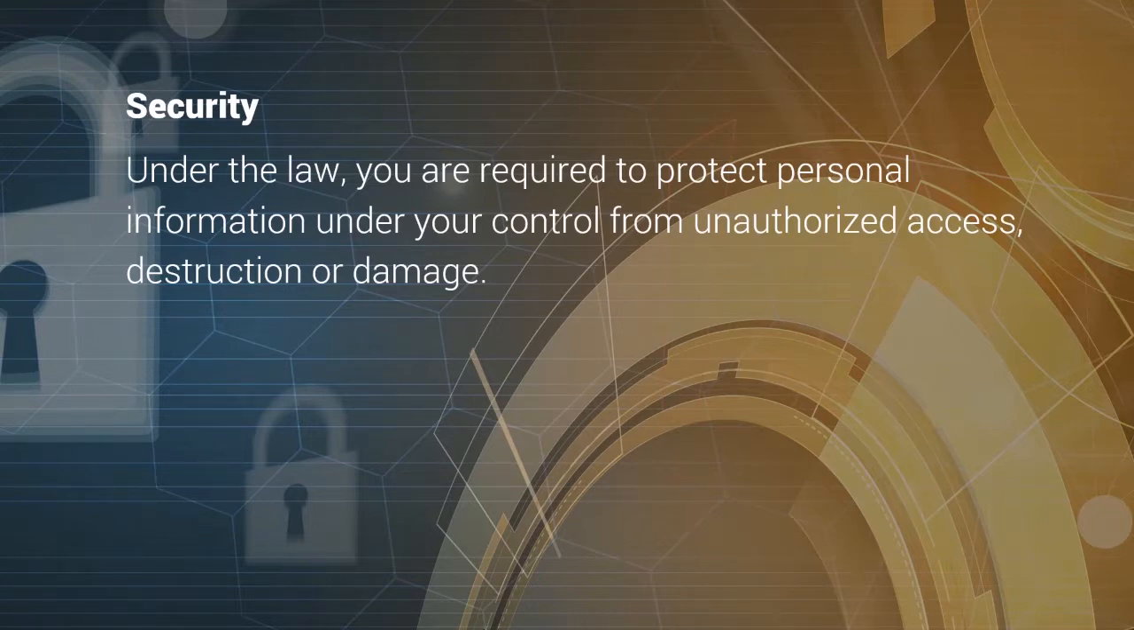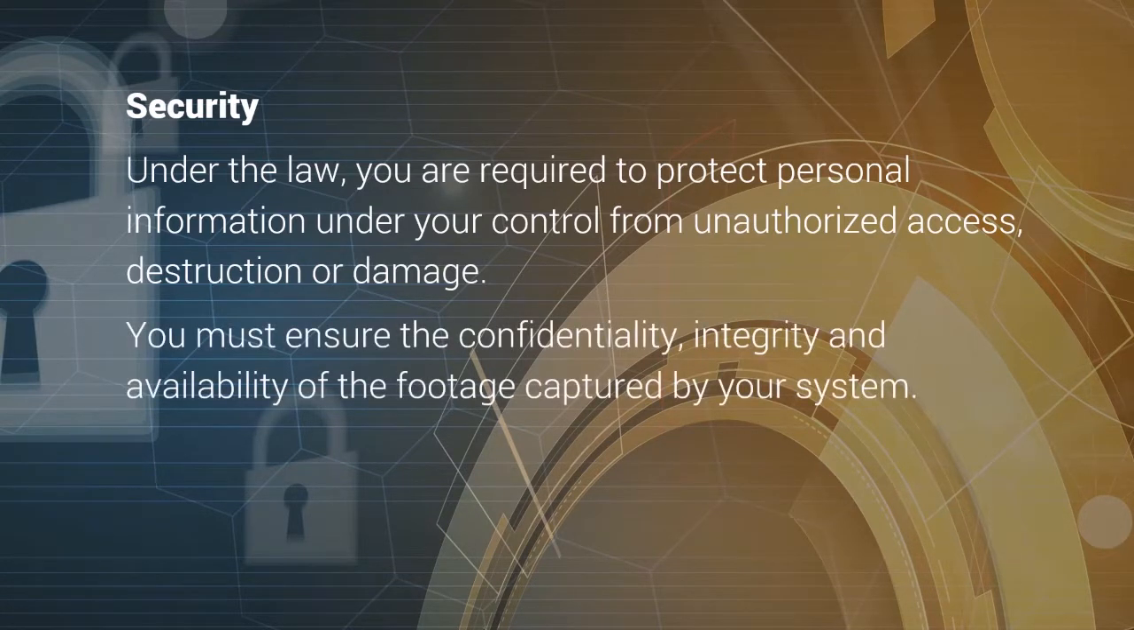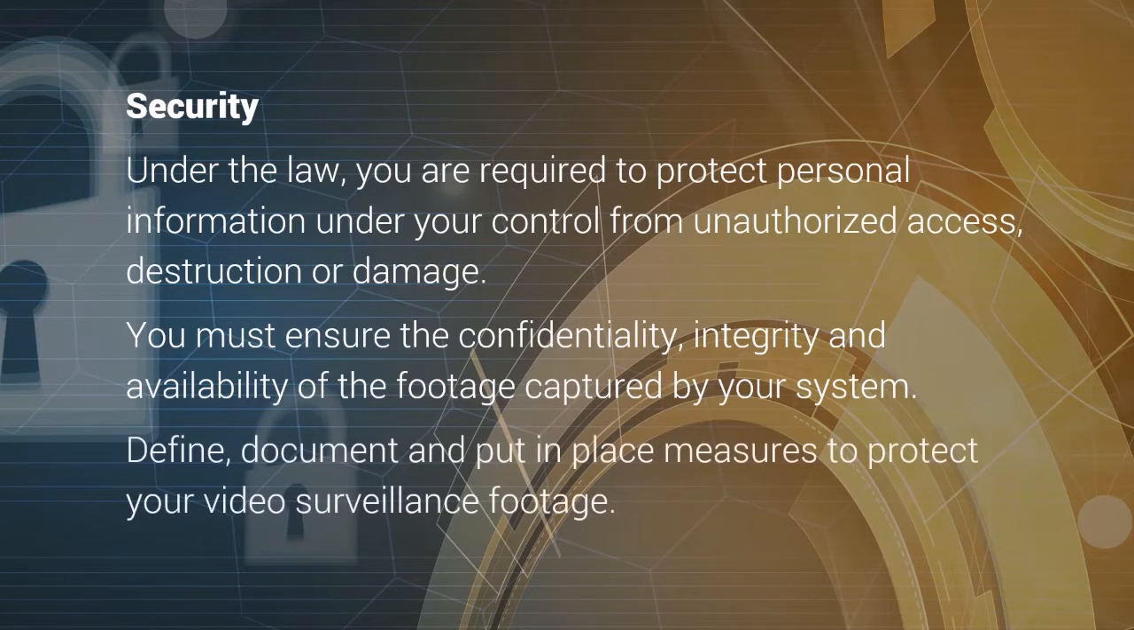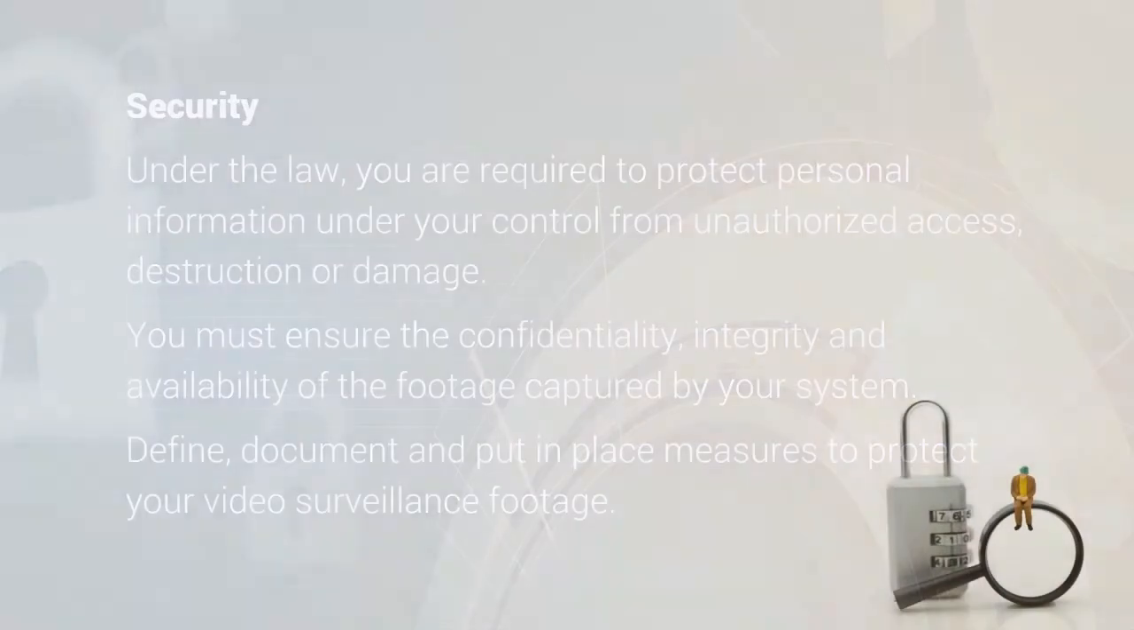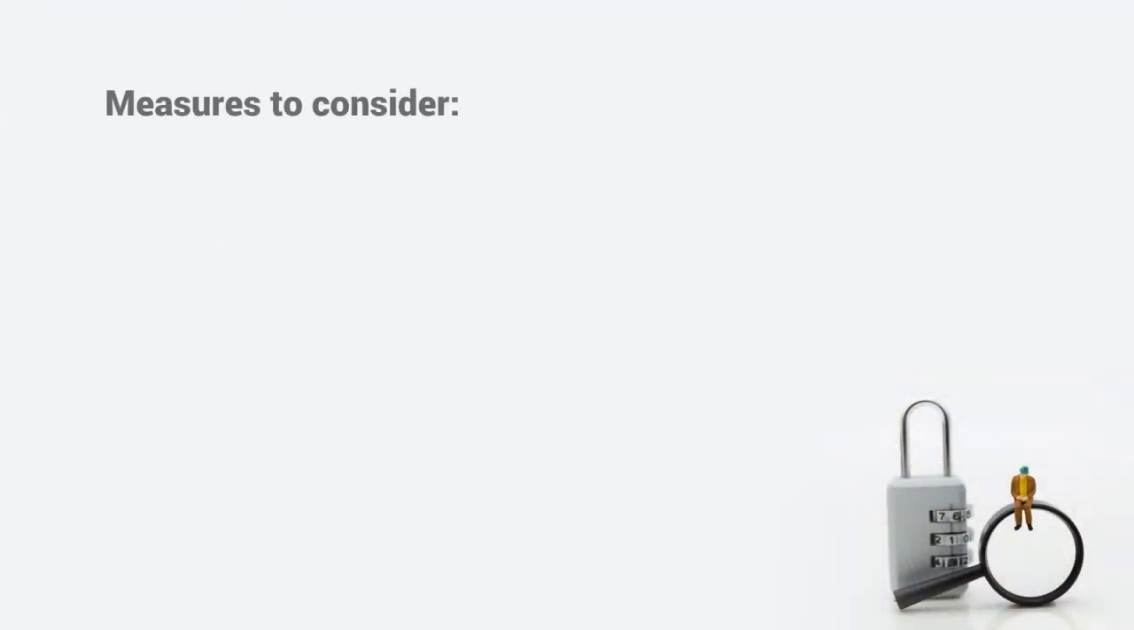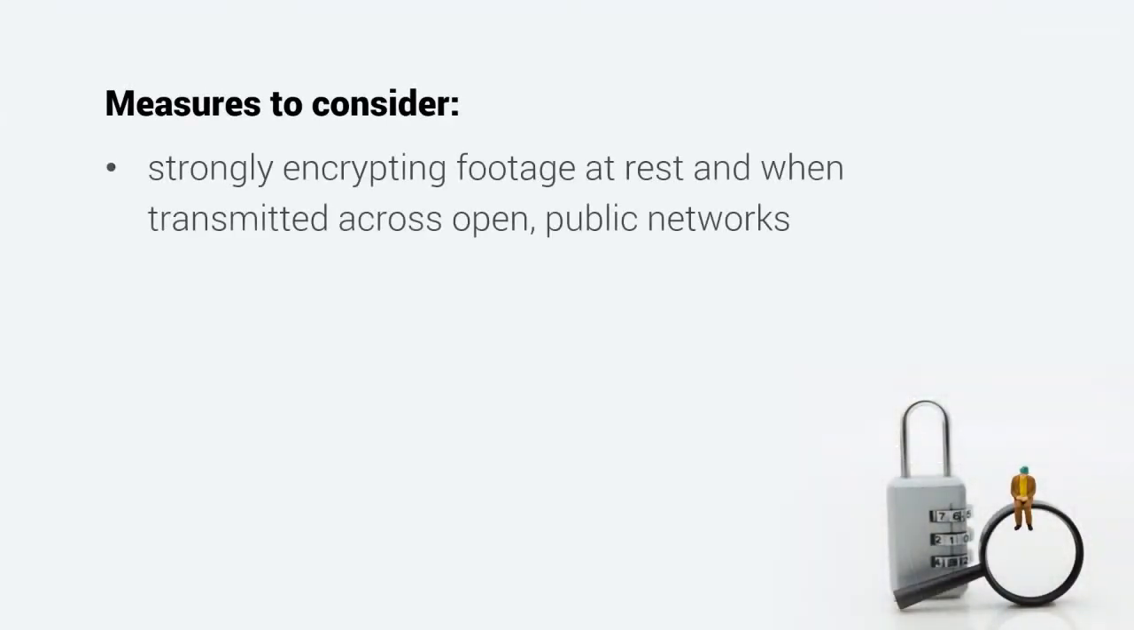In the context of video surveillance, this means that you must ensure the confidentiality, integrity, and availability of the footage captured by your system. To help you do this, define, document, and put in place measures to protect your video surveillance footage. A few measures to consider include strongly encrypting video surveillance footage both at rest and when transmitted across